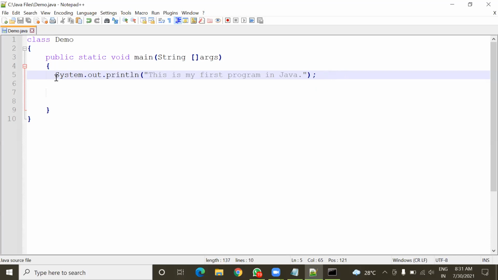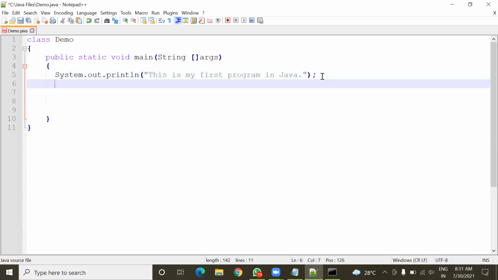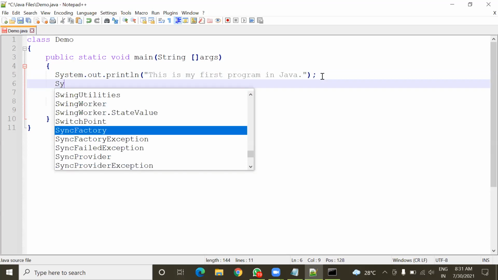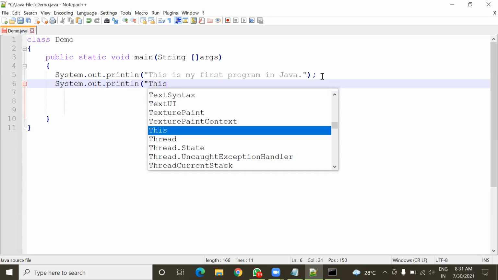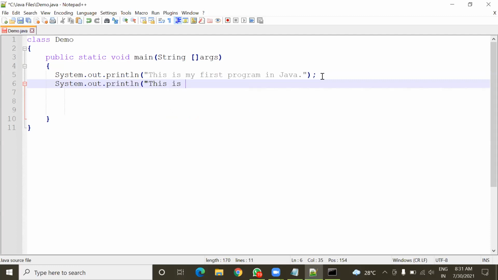So say if I type another line, System.out.println, and once again I'm going to give another message. The message is: This is Java programming.